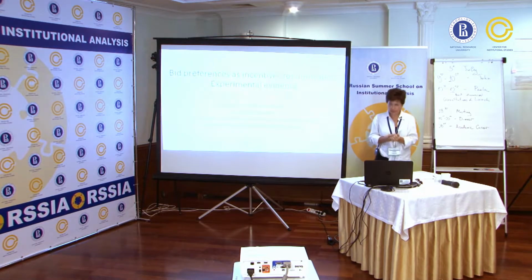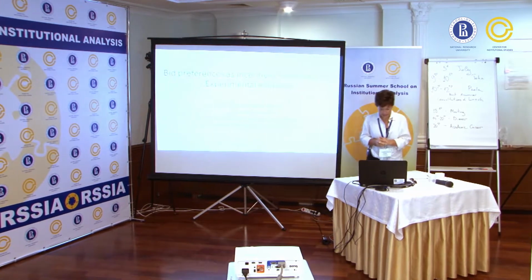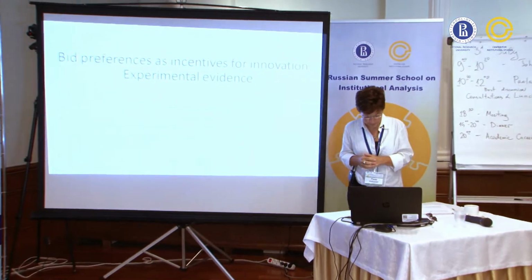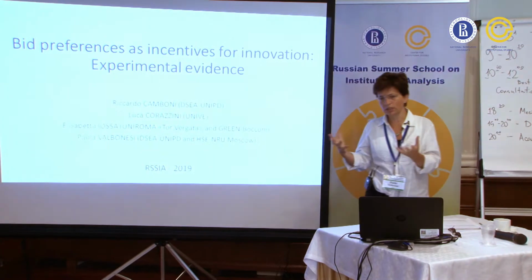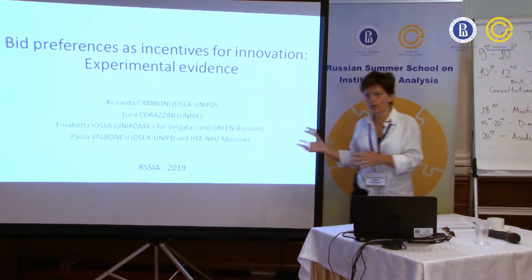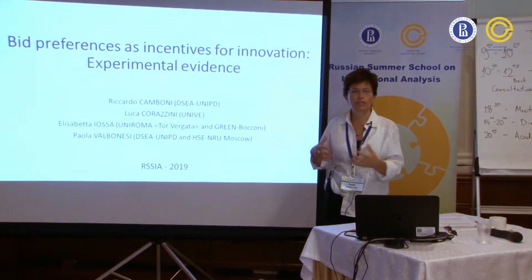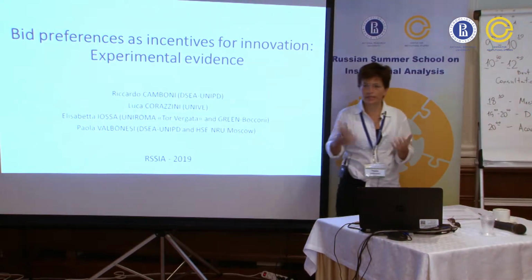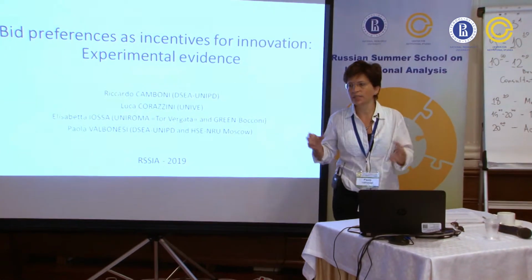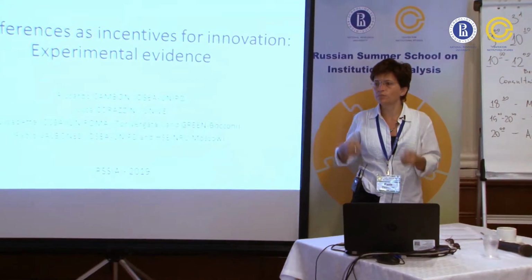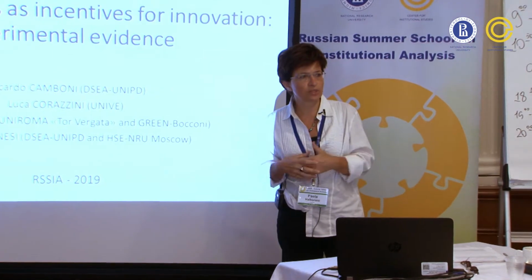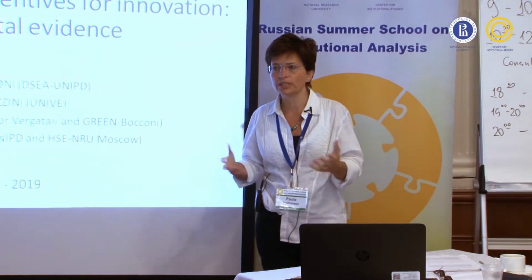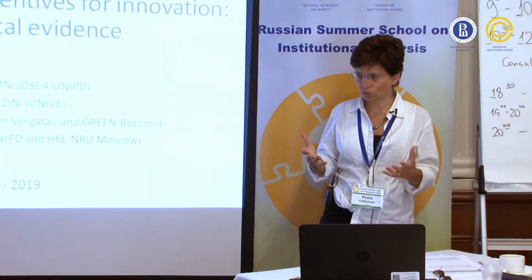And the second phase we mimic with the experiment is how to implement this innovation efficiently, which in our setting means who has to develop the innovation, and efficiently means who is the most efficient firm in doing it. So to find this most efficient firm in doing the innovative project, we will use a first prize auction.